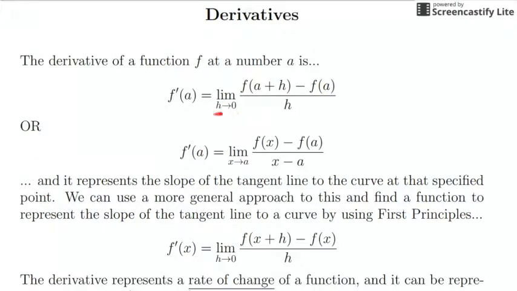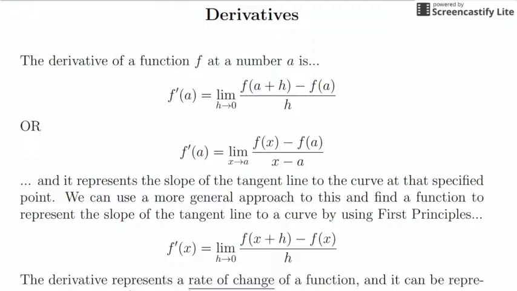That is the limit as h approaches 0 of this function right here. And this is f evaluated at a plus h, minus f of a, all over h. This is y minus y, and then remember h was the difference between them. We called this first principles. Without the limit, this is called Newton's quotient, which is really just the slope of a secant line. But as soon as you throw the limit as h approaches 0 in front of that, that becomes the slope